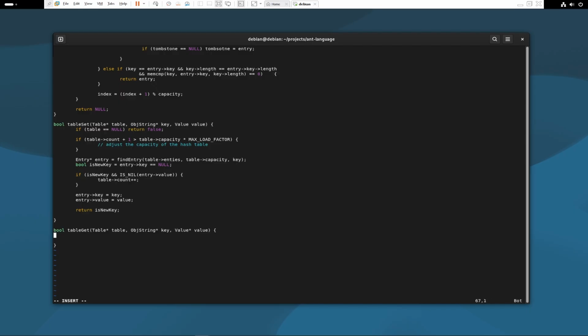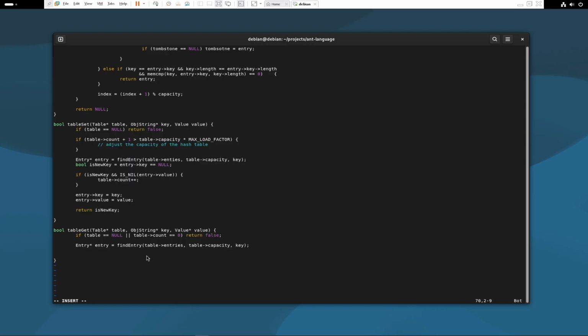If table equals null or table count equals 0, we'll return false. Then we find the entry. We will pass the capacity of the table and the key,